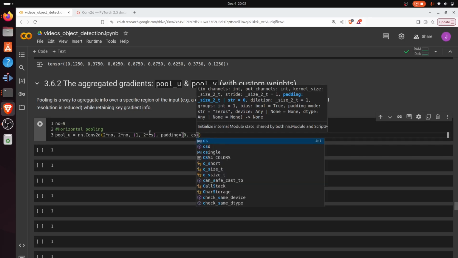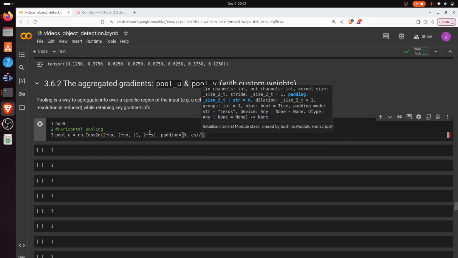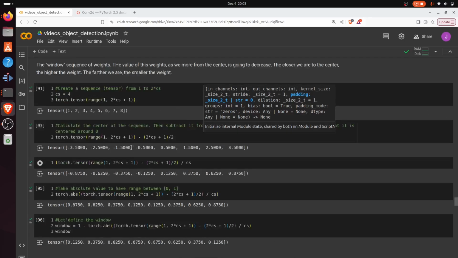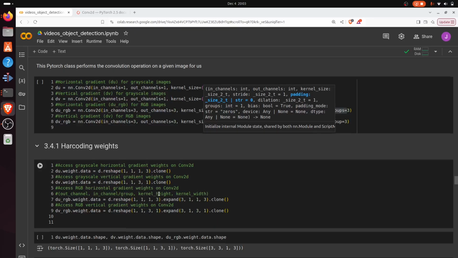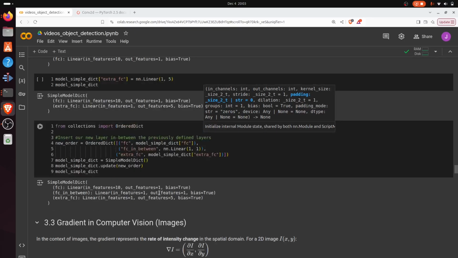We're going to take the cell size, and the reason is exactly the same as, for example, in the first grid that we defined. Remember, for the color channel,